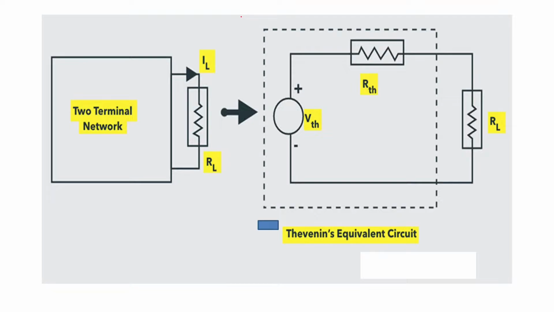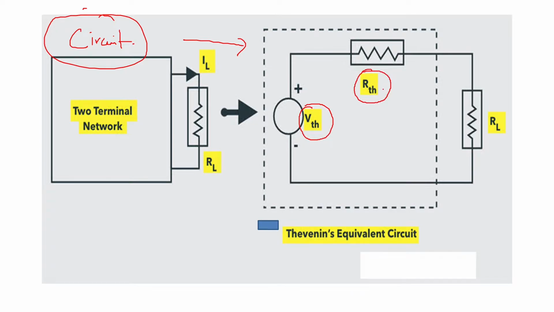Here you can see a circuit shown first. This is the complex circuit, and this circuit will be converted to a Thevenin circuit, that is, it will be reduced to a source and a resistance. This is the Thevenin source and this is the Thevenin resistance. Now the full big circuit has been reduced to a source in series with a resistance. This resistance will be nothing but the effective resistance of the circuit.